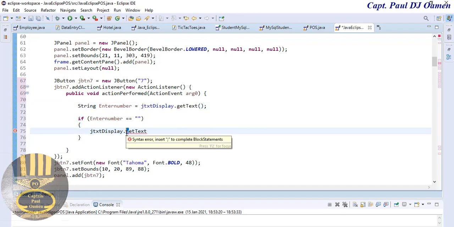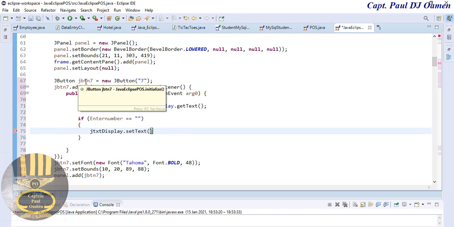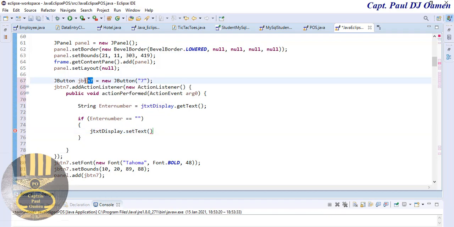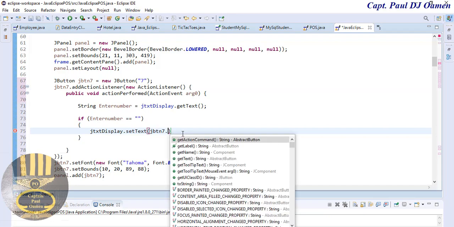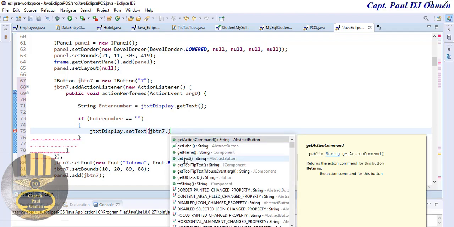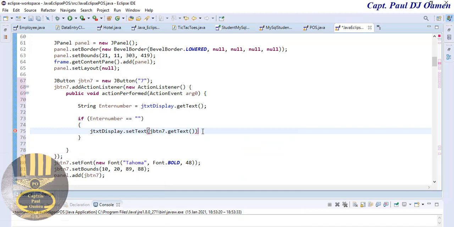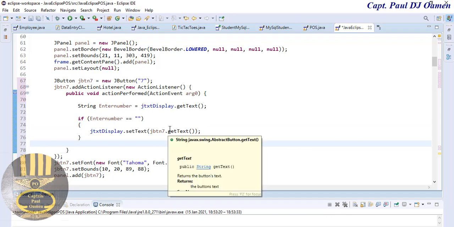Set text, and what text am I setting? It's going to be the text right on top of that button there. So I'm going to grab this button, JBTN button 7 dot get text. See, now you guys understand why I want to name them, so that I know which components I'm actually referring